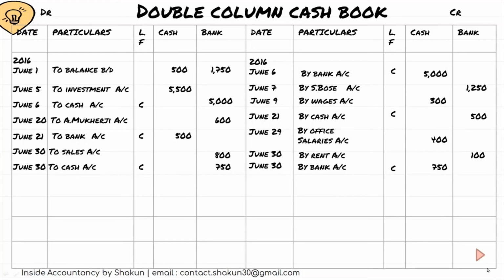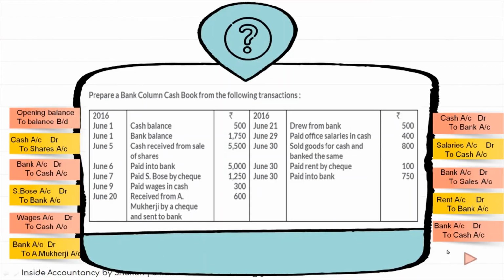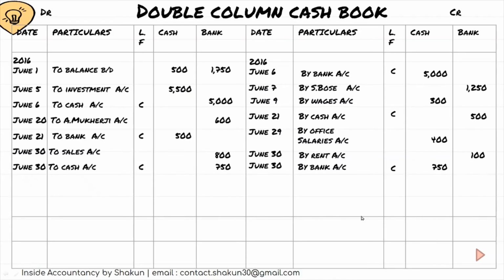So let's have a last look at the question. So basically all the transactions we have posted in our cash book. We have done the postings. So now all the transactions being recorded, now we need to do the balancing. How do we do the balancing? We'll do it one by one, step by step. So first let's have a look at cash. You remember how we used to do the balancing in a simple column cash book? We used to find out the total of DR and CR side and see which total is greater.